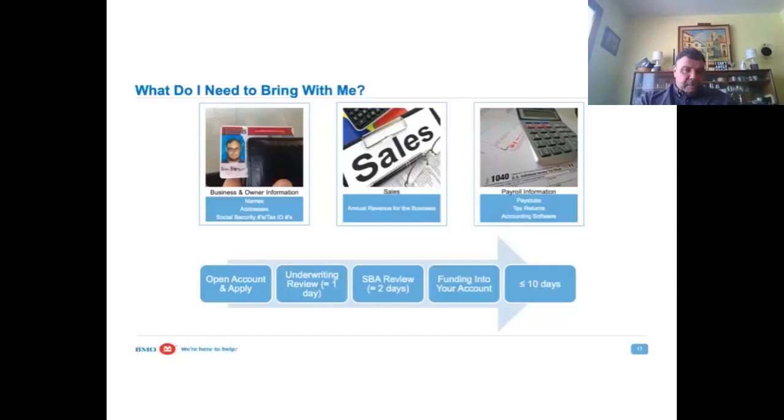Once you submit the loan application, honestly, right now, it's almost real-time underwriting. Same day, BMO will look at that application and send it off to the SBA. The SBA generally takes about 1 to 2 days to look at that file, make sure everything is okay, that there are no issues with it. Then they'll grant their approval. And then usually in less than 10 days, those funds are put into your account. The reason we give you 10 days is just to make sure that the data is okay, that you didn't accidentally put in the wrong checking account number, that it's actually yours. In reality, if you're very careful filling out the application, it's much quicker than that.